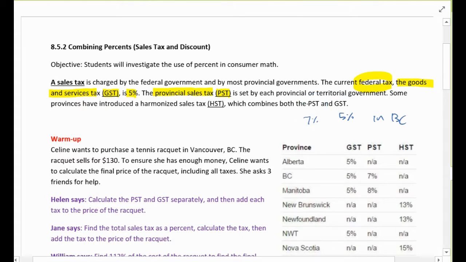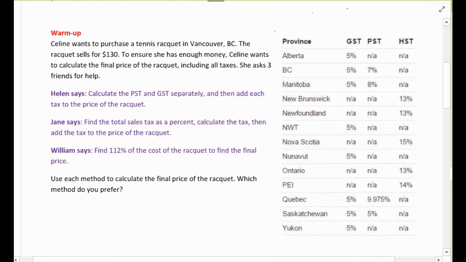And some provinces have harmonized sales tax, which is HST. They just simply combine those two taxes and made it like 12%. Okay? So in BC, we have two types, PST and GST. PST is 7% and GST is 5%. Okay, again, here,